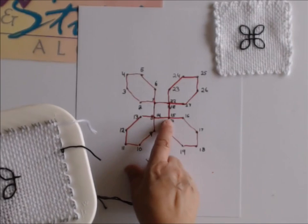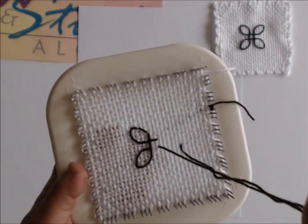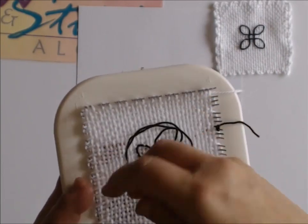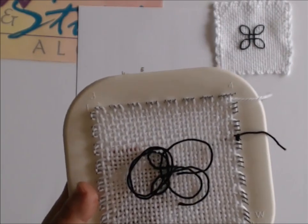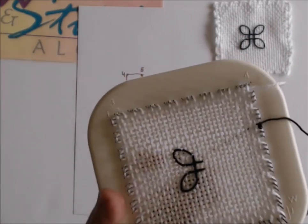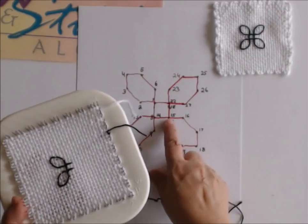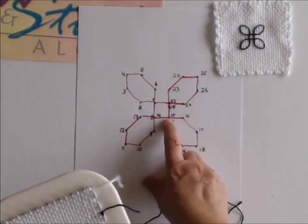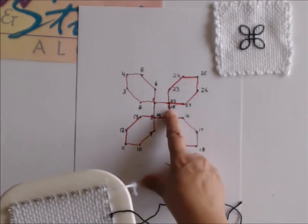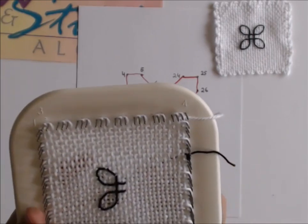From 14 to 15, 2 to the right, and go and hit 14 and do a back stitch. So the idea is find the new number and then stitch back to the previous number. I will speed up a little bit here and just walk you step by step through the rest of the design. Okay, 15 to 16, 2 to the right,